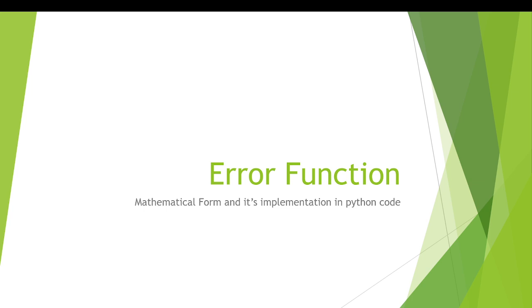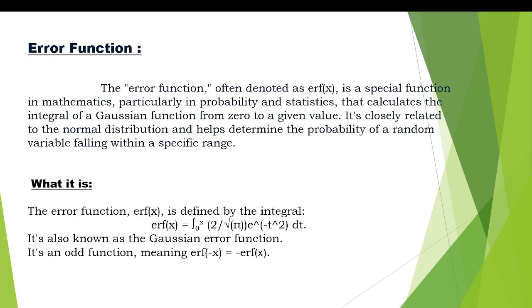In this session, I will explain the error function, its mathematical form, and its implementation in Python code. The error function is often denoted as erf of x. It is a special function in mathematics, particularly in probability and statistics, that calculates the integral of a Gaussian function from 0 to a given value. It is closely related to the normal distribution and helps determine the probability of a random variable falling within a